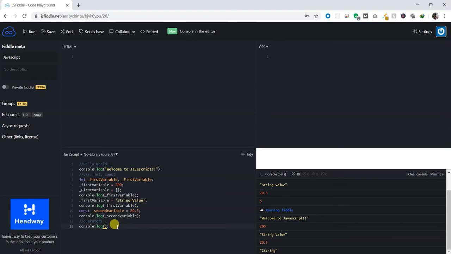So apart from this, you have something called equality. What it means is, if you have two variables, you can check whether two variables are equal or not. So let me show you. First variable is equals to second variable. If I run this, you see you got an output saying false, which is because not only the value but also the data type changes for both the variables.